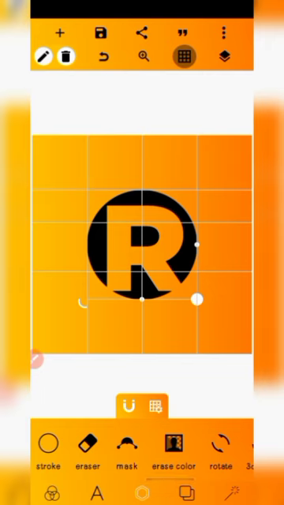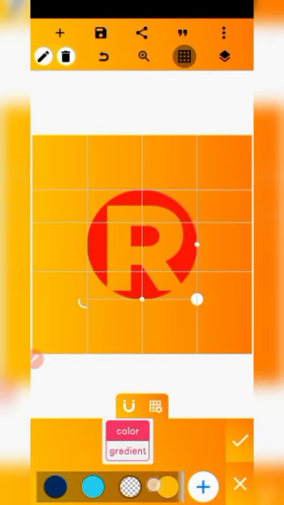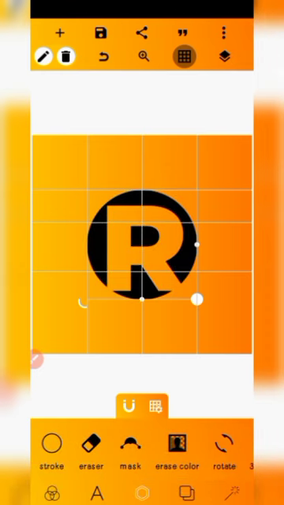So once I have it like this, I will go ahead and give it a color. I will still make the color black again because using the color eraser tool might have reduced the color saturation, the color tone, the first color that was on it. It might have reduced it, so I just give it another color again. So okay, the next thing I want to do is some magic on this letter R